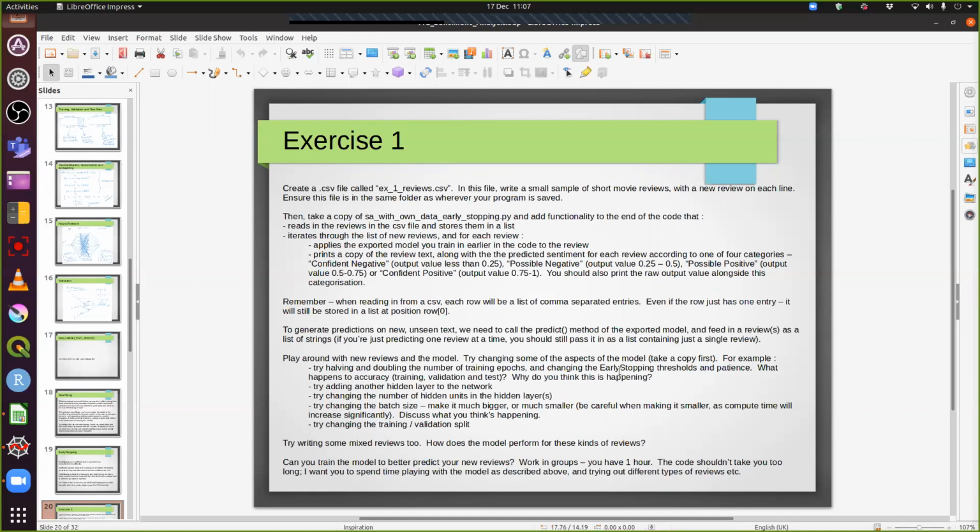So try that on your own reviews, see how well it works, and then play around with other aspects of the model. So try changing other things. Try halving and doubling the number of training epochs, changing the early stopping threshold and patience level. Add another hidden layer to the network. Change the number of hidden units in the hidden layer. Try changing the batch size, although be very careful if you do that, because if you make the batch size much bigger,